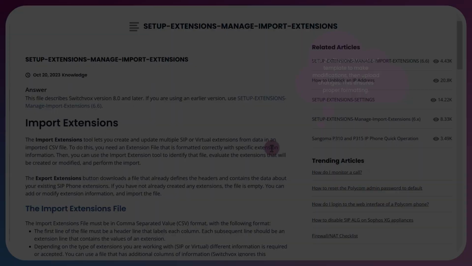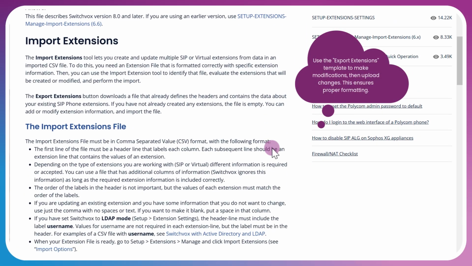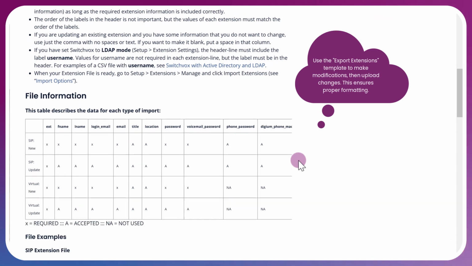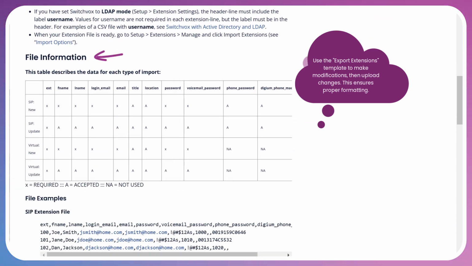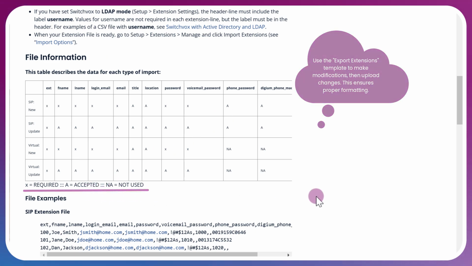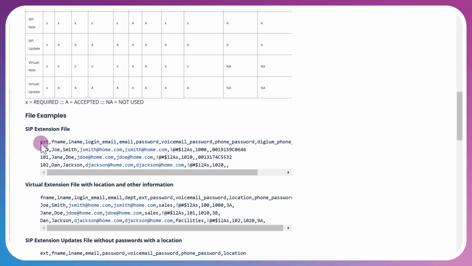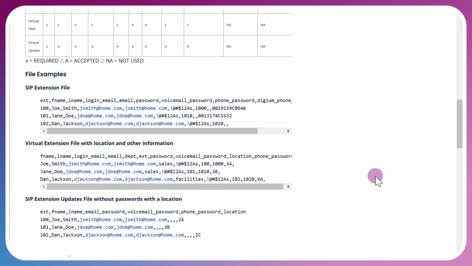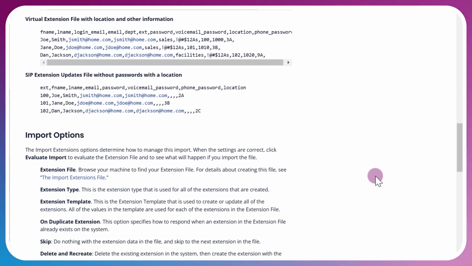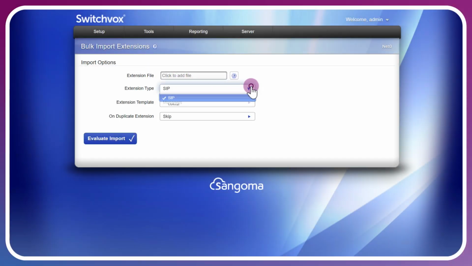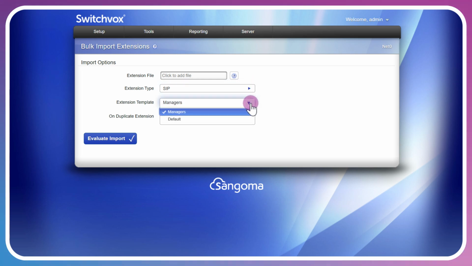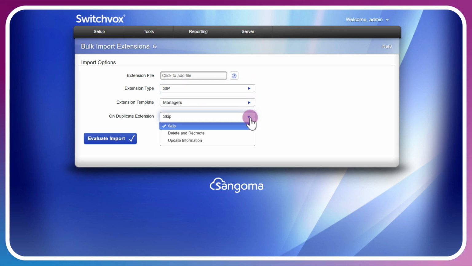Looking at the help guide, we can see it's a CSV format that's required, some information on LDAP, and the field information expected depending on the type of import, X being required, A accepted, and N not used. You can also copy all of this zip extension file example and put that into a CSV or a text file and save it as a CSV in order to open it in a proper format and read the sample data. So with my data file selected, my extension type, extension template, and duplicate extension behavior, I can then import